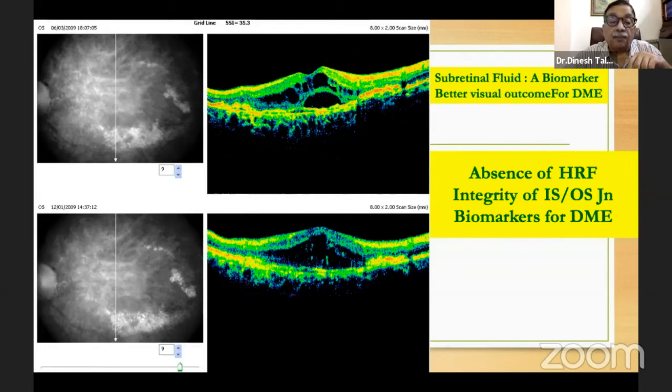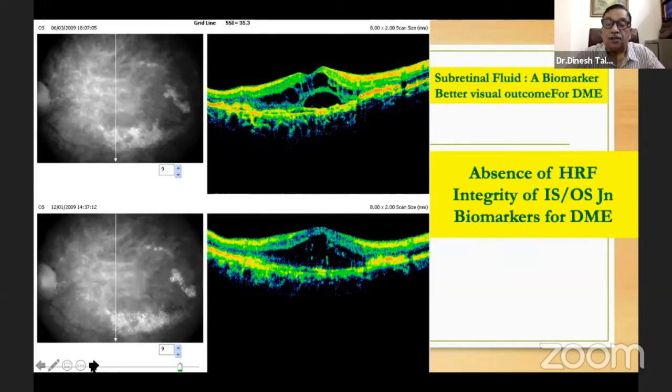Absence of hyperreflective spots. What you see over here, these small dot-like things, these are hyperreflective spots. And to be sure, you must have a color photograph showing that there are no hard exudates in that region. Hard exudates are not the same thing as hyperreflective spots. Hard exudates show up also on the OCT, but hyperreflective spots don't show up in the color photograph. So you know you're dealing with hyperreflective spots, and their absence is a good prognostic indicator.